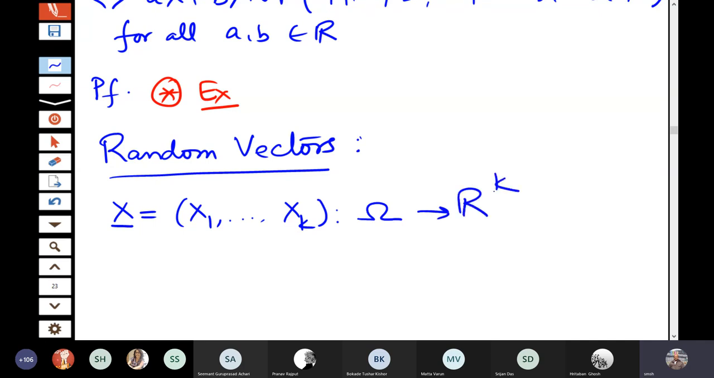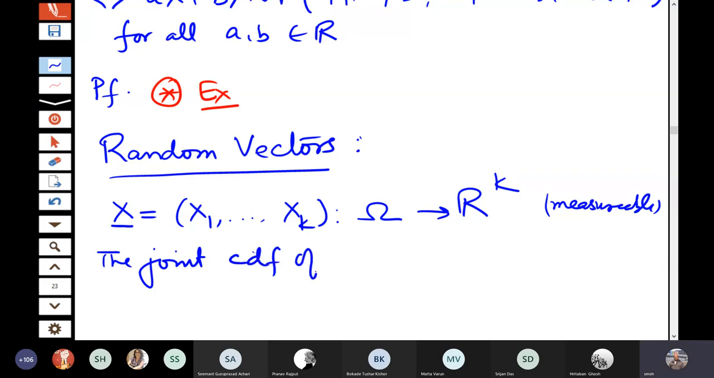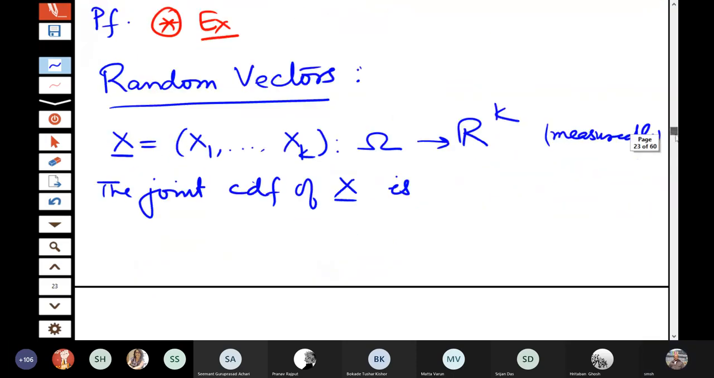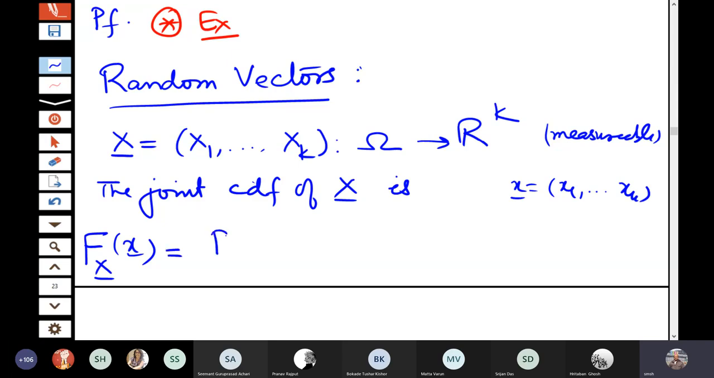Of course it has to be a measurable function, as we have the technical condition here, and the joint distribution function, or the joint CDF actually, is denoted by F_X(x), where this x is x1, x2, ..., xk. That is probability of